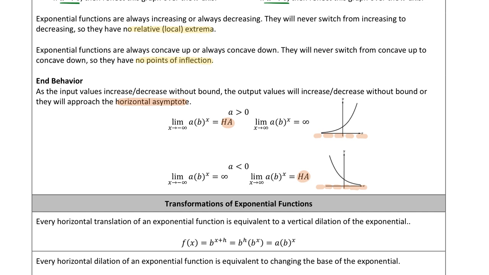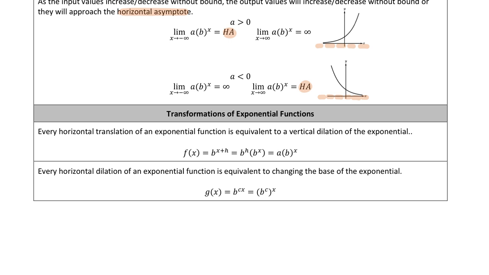Again, a lot of questions when it comes to exponentials. If you can just give me a sketch of what the graph looks like, you've got a lot of chances of knowing what the question is asking you. One of the main topics, though, after we discussed the properties of exponential functions, we talked about transformations of them,